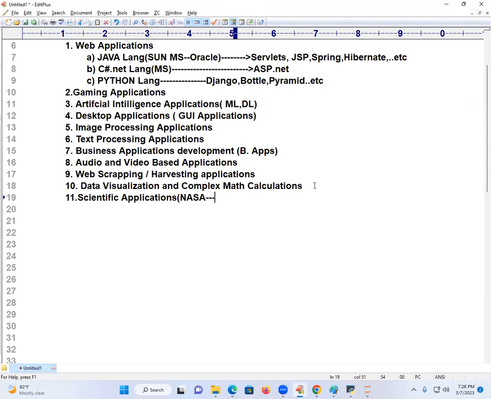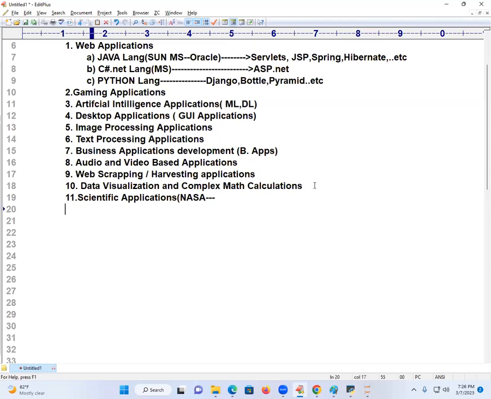Their satellite communications, all the space agencies. Earlier, for a few days they used Pascal programming. Later they used Python programming for satellite communications. For scientific application development also, people are using what? Python language. Because SciPy and Scikit modules are available in Python, which they are using for scientific application development.